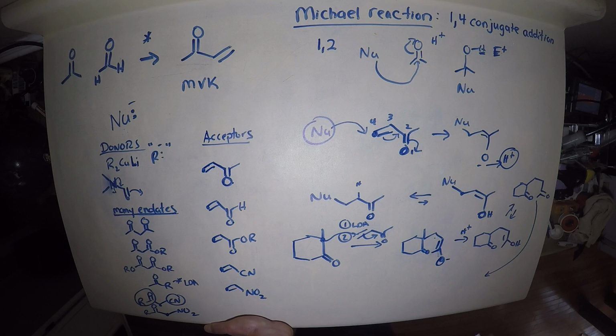If we treat that with another molecule of base like sodium methoxide, we can get the enolate formed off the methyl group carbon in this case, and then that is in close proximity to the ketone of our original cyclohexanone derivative, and we can make that connection, resulting in a typical aldol-like product,